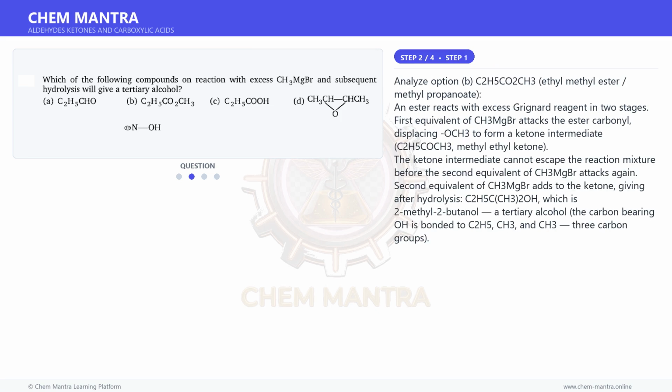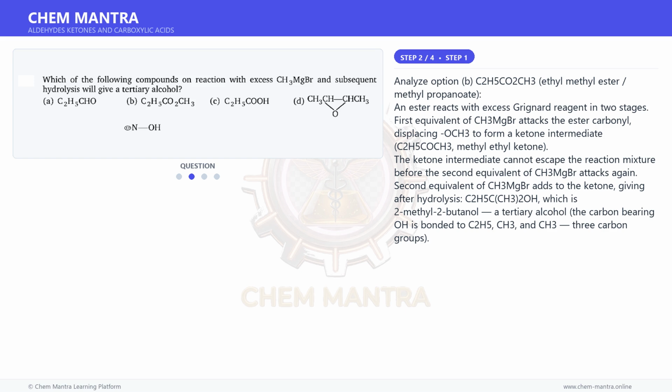Analyze option B, C2H5CO2CH3, ethyl methyl ester, methyl propanoate. An ester reacts with excess Grignard reagent in 2 stages. First equivalent of CH3MgBr attacks the ester carbonyl, displacing OCH3 to form a ketone intermediate,